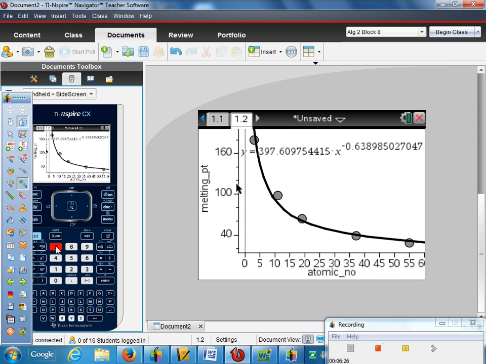Can we use that equation to calculate anything? No, this is the annoying, ridiculous part of the Inspire. No, we can see it. It looks nice. Looks like a really good fit. I'm pretty impressed with how well it fits. If I extend it out farther into the future, I think it's going to still continue to fit these atomic numbers well. So it's a very nice fit, but I can't calculate anything, because you'll notice, and I went too far from my book, they ask you